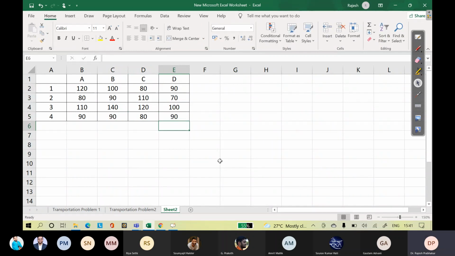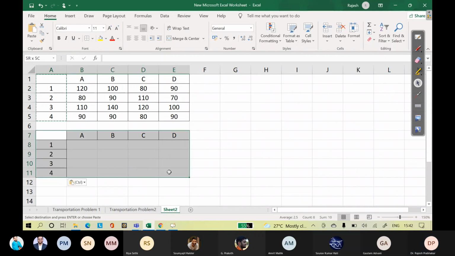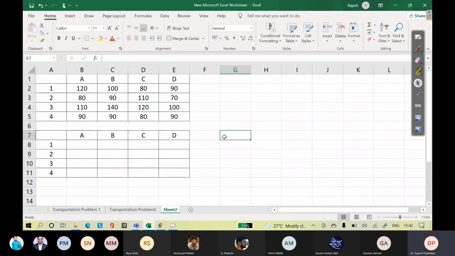So this is our cost structure, the minute time structure. So Control C, give one row gap, Control V, and also create a blank table. Okay, we have created the blank table.